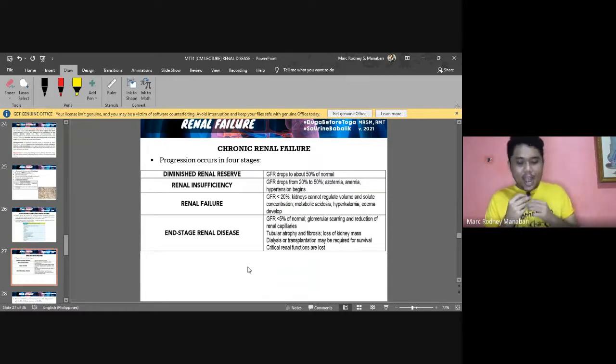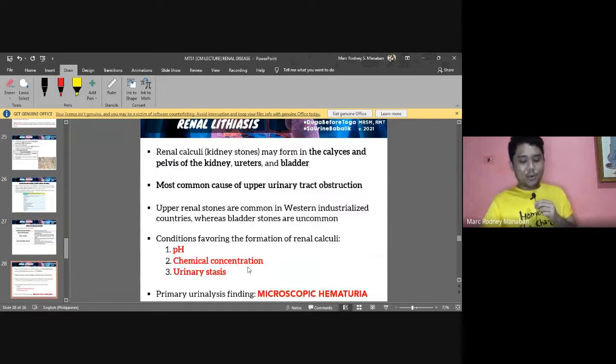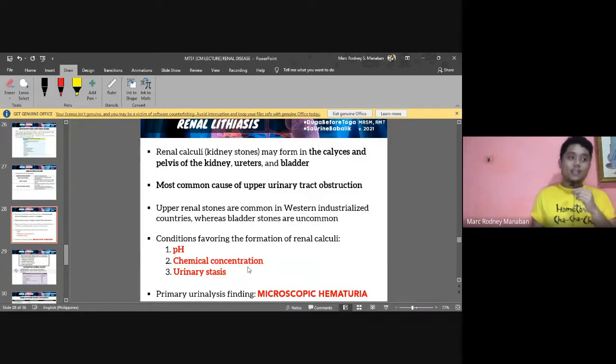Okay, so that's for renal failure. Okay? And for the last types of diseases, alright, for the kidneys is of course your renal lithiasis or renal calculi, or again, in layman's term, kidney stones. Alright? Now, renal calculi, kidney stones, asa siya ma-form not only in the kidneys and the pelvis of the kidneys and calyces, but it can also form in the bladder, in the ureters. Ayan, take note, no? Basta pa mo which of the following, or asa man ma-form mga kidney stones. Again, bisagasa, not only in the kidneys mismo, like calyces or the pelvis, but also in the ureters and bladder.